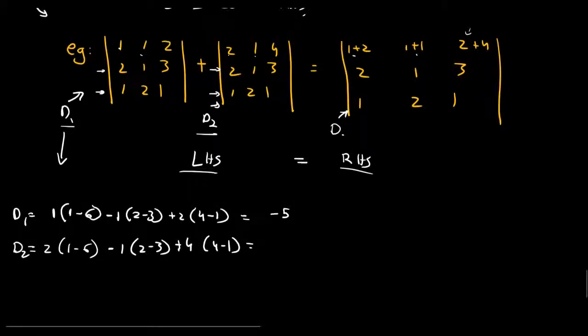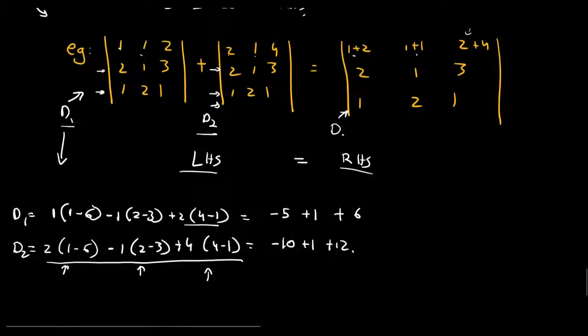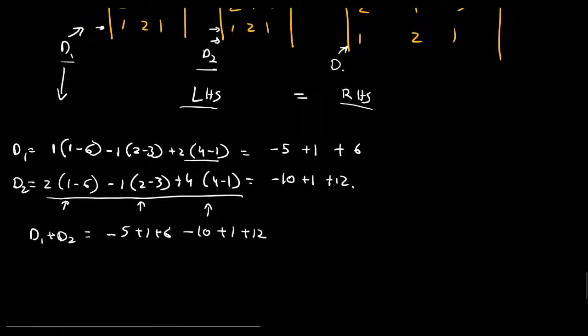Minus 5 plus 1 plus 6, right? Determinant 2, the value will be minus 10, plus 1, plus 12, right? So if we add D1 and D2, what do we get? Minus 5 plus 1 plus 6 minus 10 plus 1 plus 12, right? So what do we get? 5 for D1 plus D2,